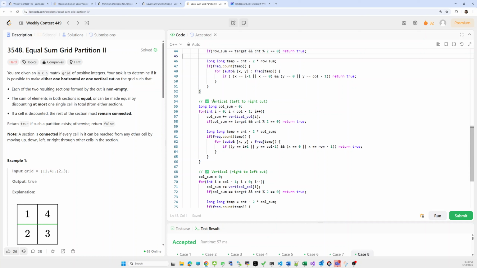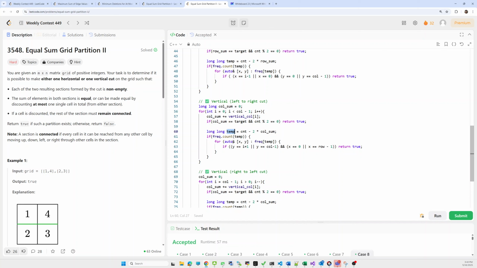Similarly, we have to check vertically. We'll take the column sum and addition, iterate over the columns from first to last, and check whether we are able to achieve the sum or not. If we are able, then we check whether the grid splits into two parts equivalently or not. Else we check the difference, whether the difference is available or not.